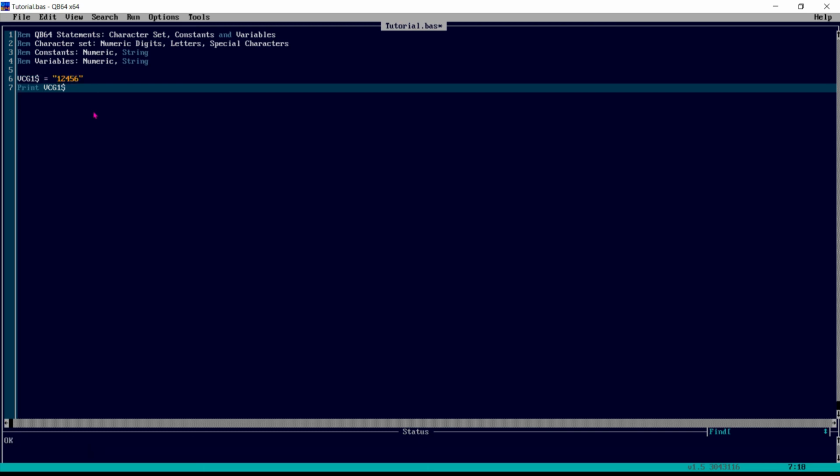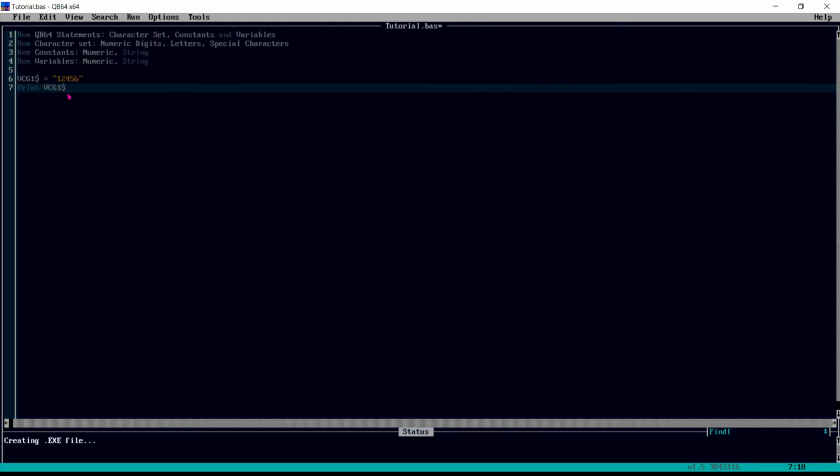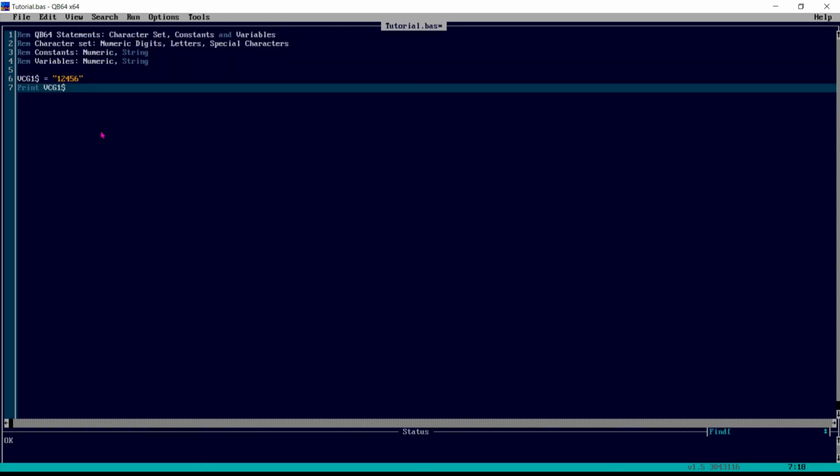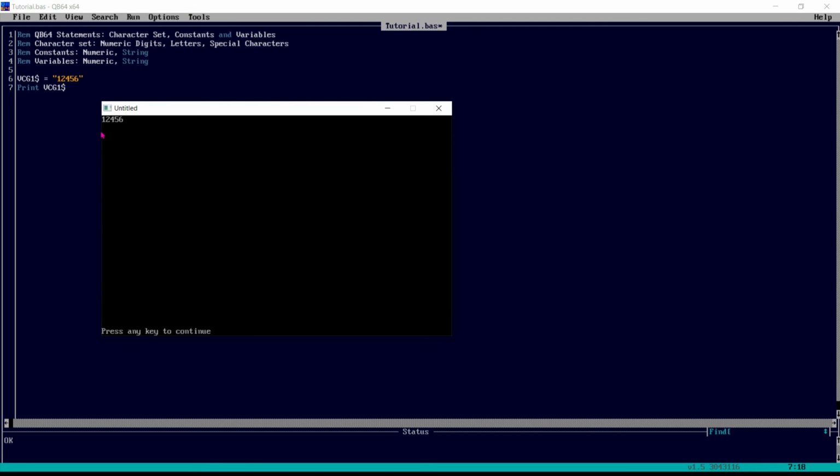Now the error has gone. So now VCG1, if we use the dollar sign, becomes a string variable, and the value is given in double quotes. Now we are printing VCG1 dollar. Let's execute it. It is printing 1 2 3 4 5 6.